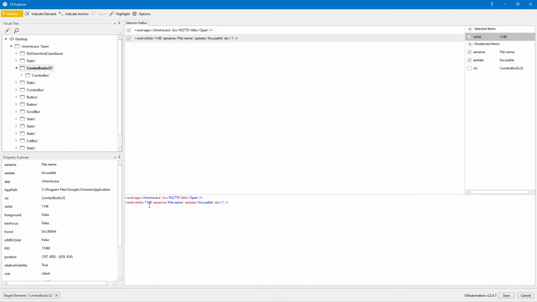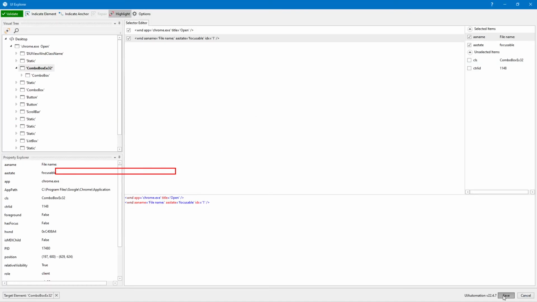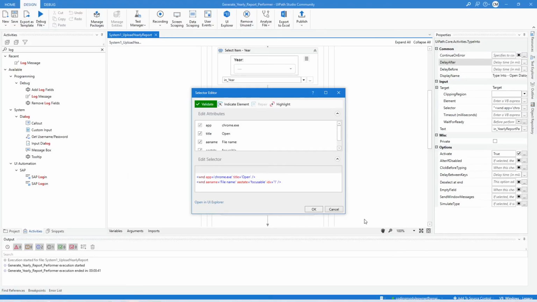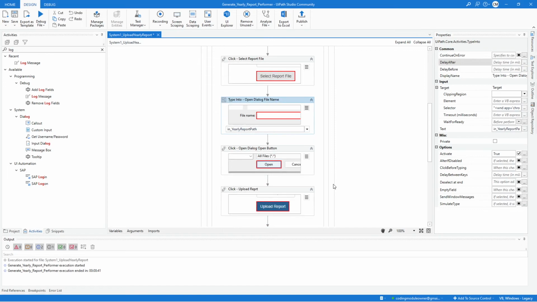And let's try to remove the control ID as well as the CLS attribute, and hit validate. Make sure to highlight as well to verify. And let's save that selector. And all right,